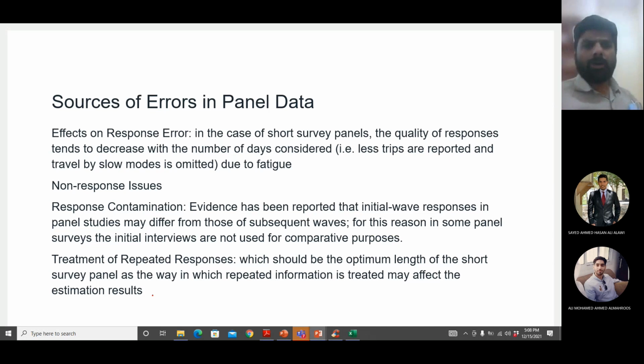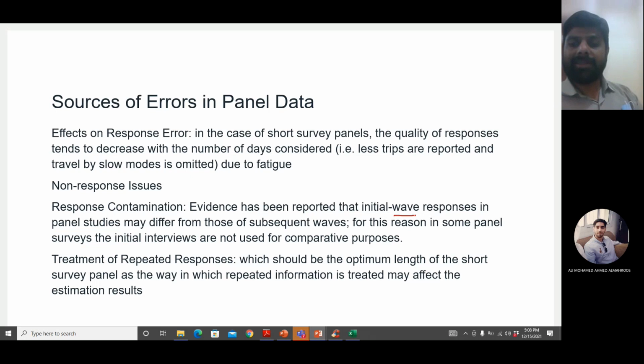Okay, non-response issues, people who stop responding at all. So the third day or the next year you go, that person says, I will not now participate in the survey. What can we do? Response contamination. Okay, so one wave of response. One wave means one exercise of panel survey, one set of data collection, one effort of data collection. This is known as one wave. Okay, so wave means data collected one time. Okay, for the entire panel. This is a panel wave.